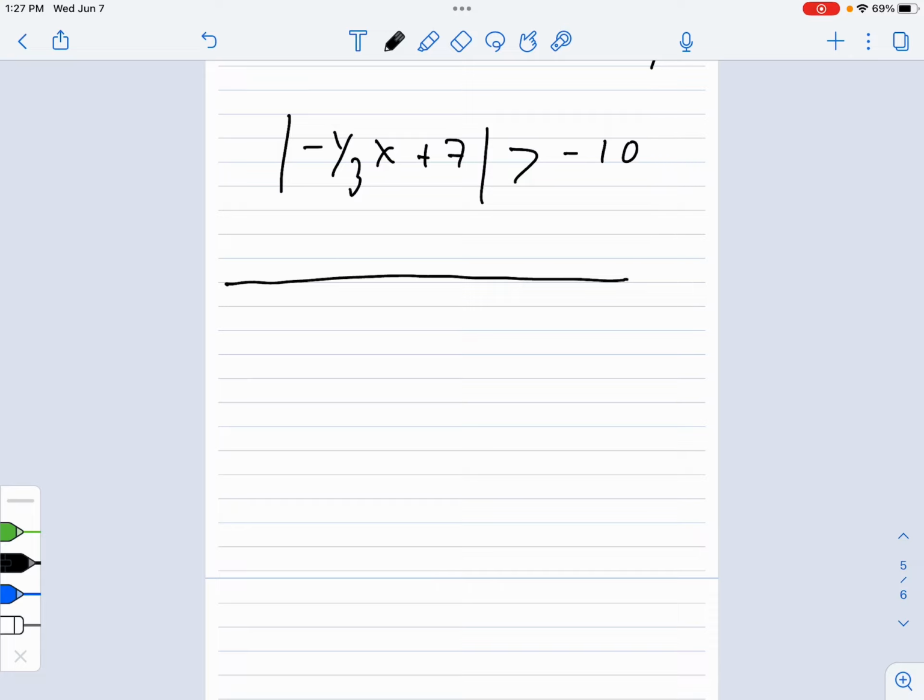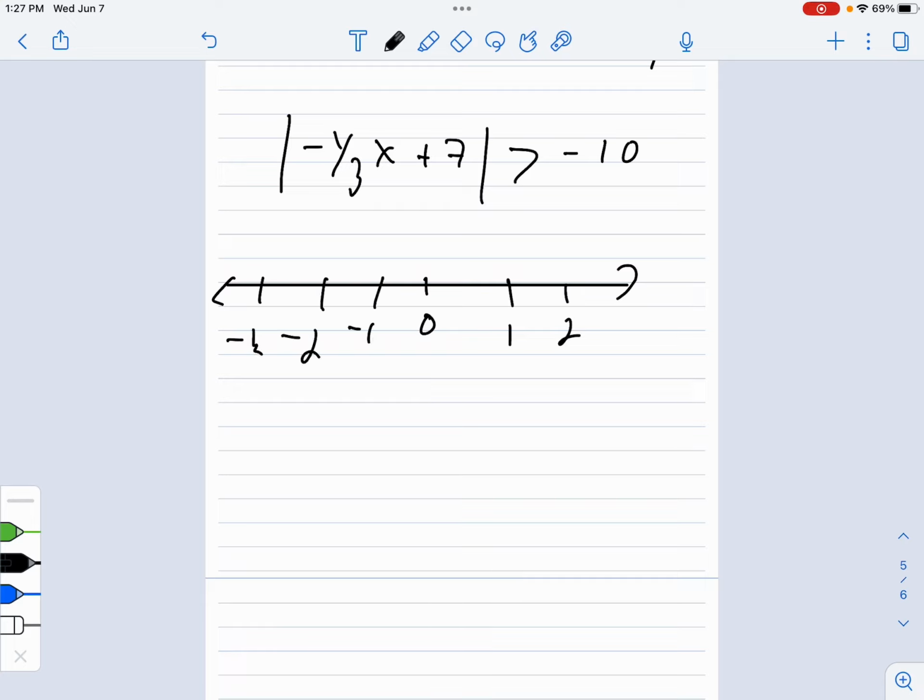So, right, there's nothing to solve for here, really, as I said. I can go straight to a graph. And that would be it right here. And then as an interval, that would look like that. All the negative numbers, all the positive numbers, reading this from left to right, so minus infinity to infinity